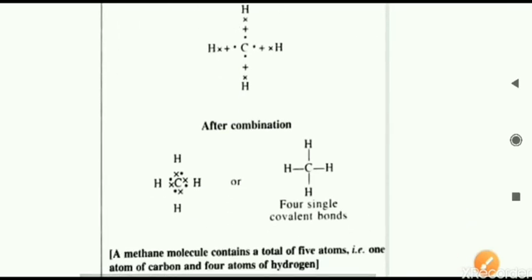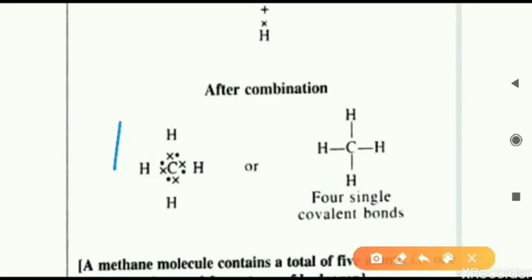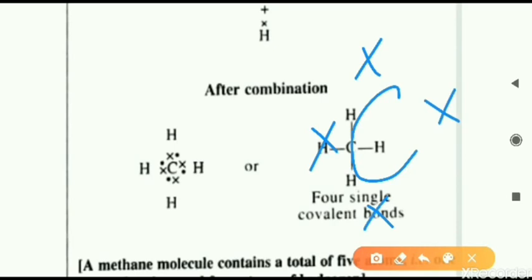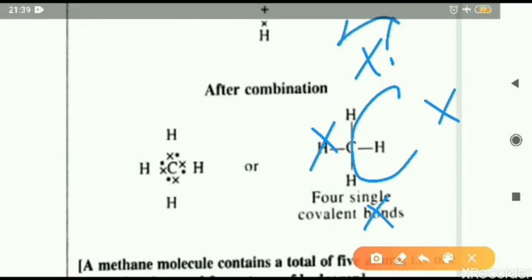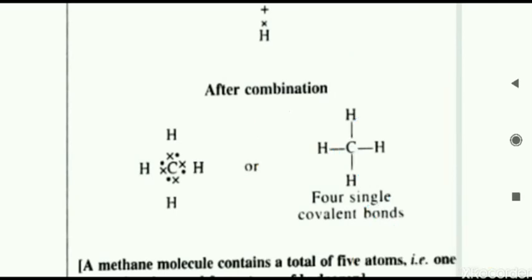Quickly we will see, because all these formations are similar. So you can see here after the combination what is happening. 1 electron is coming from hydrogen and 1 electron is coming from the carbon atom. Carbon gives 1 electron, which I am drawing in the form of a cross, that are from carbon. Another electron will come from hydrogen, that is represented in the form of a dash. That is all, the bonding is complete here.